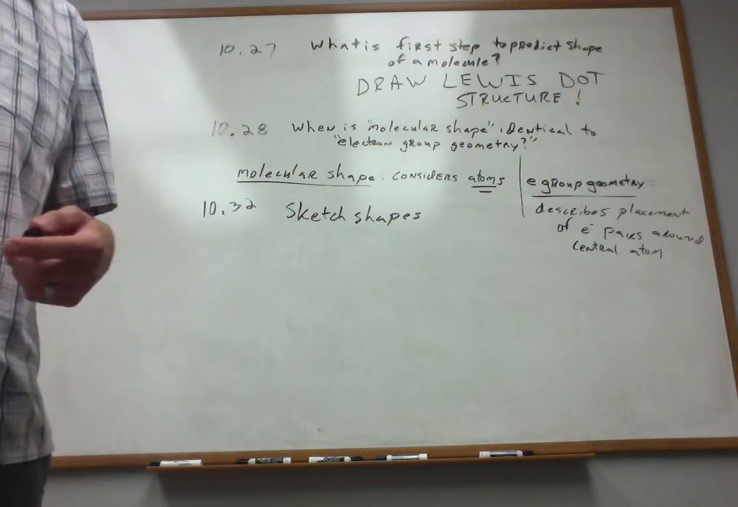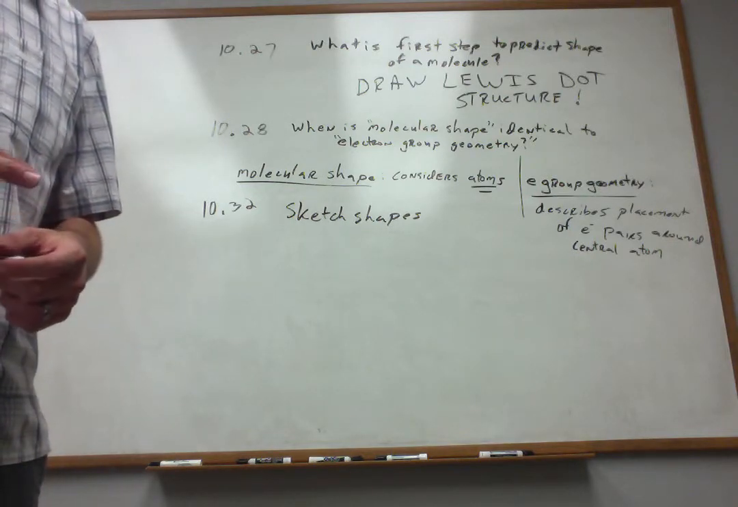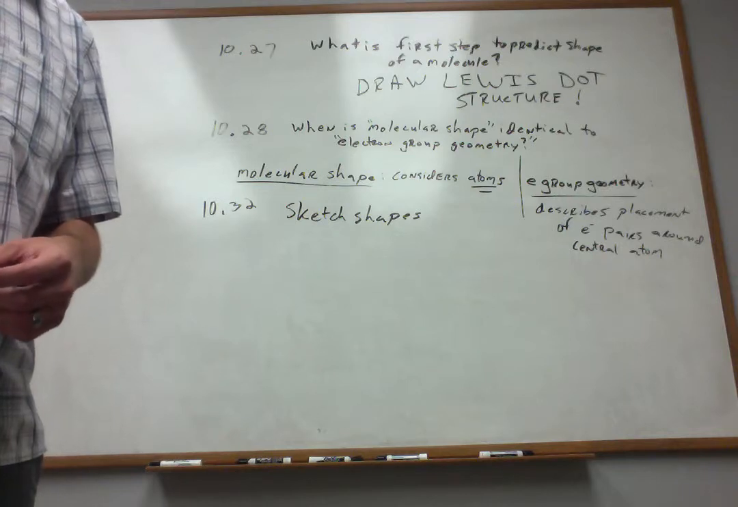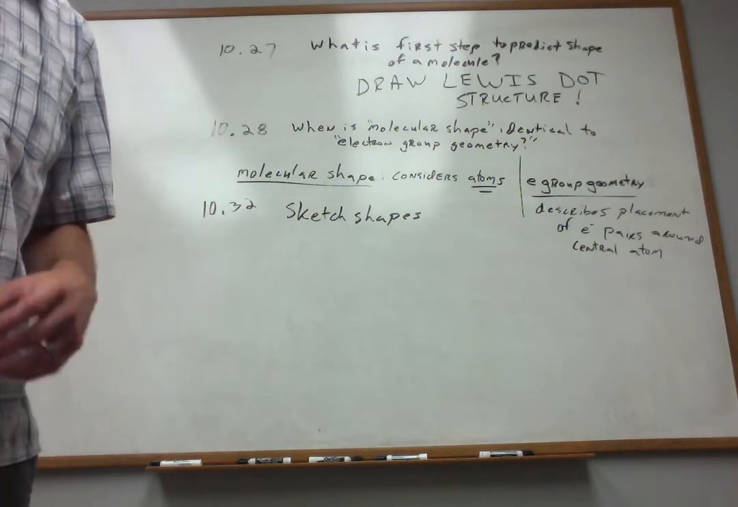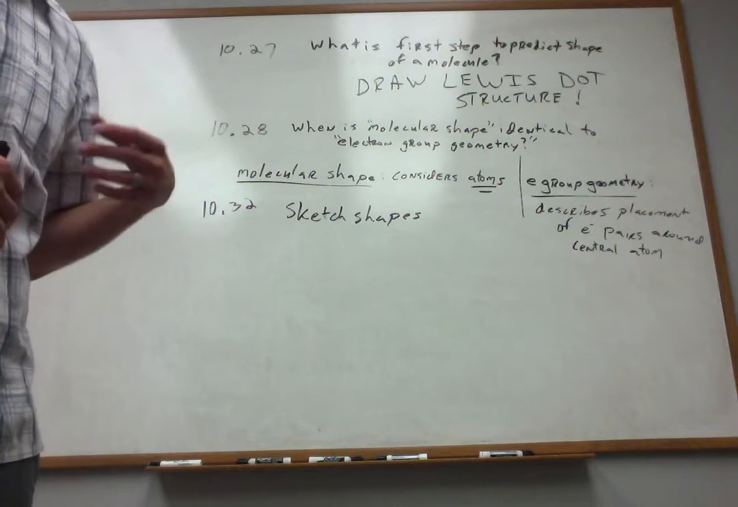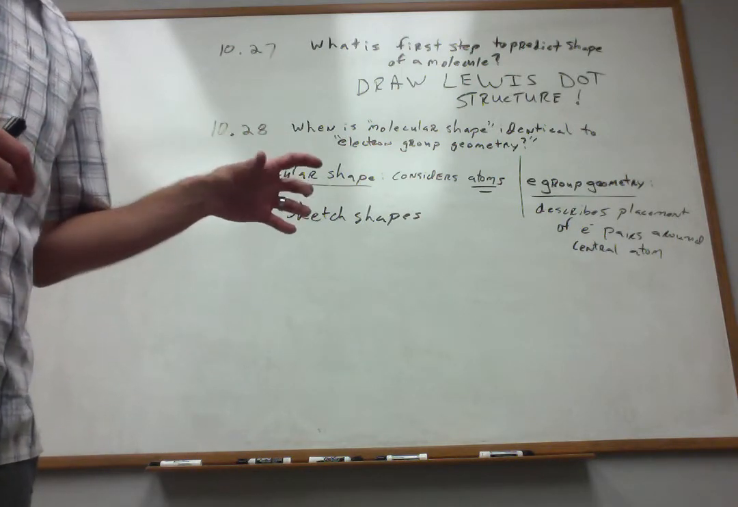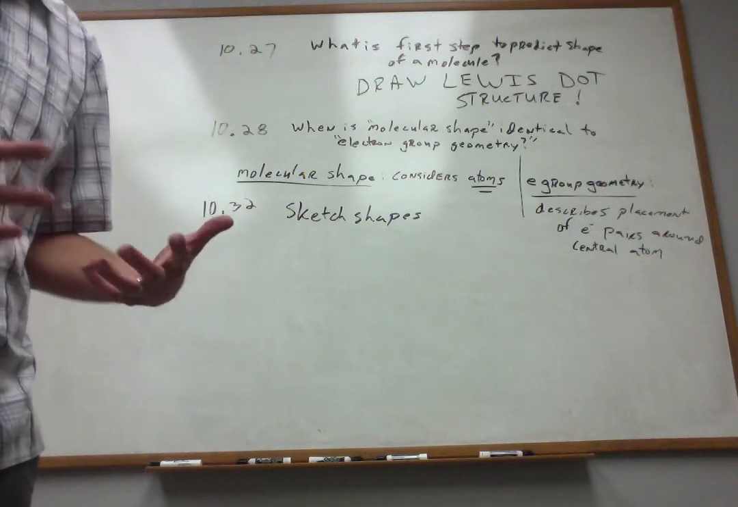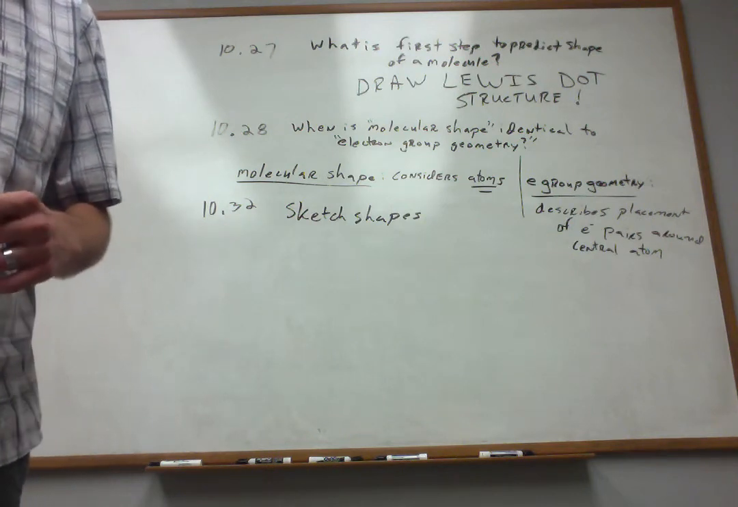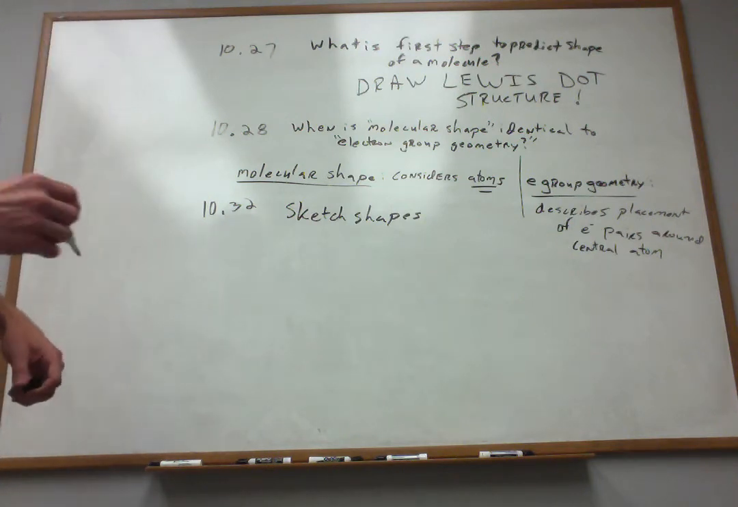Because it's important to understand this terminology, this vocabulary, because it's really easy to ask questions. Oh, what is the electron group geometry around the central atom? What is the molecular geometry? And you have to be able to read that term and interpret what that means to get the question correct, okay? Now in 1032,